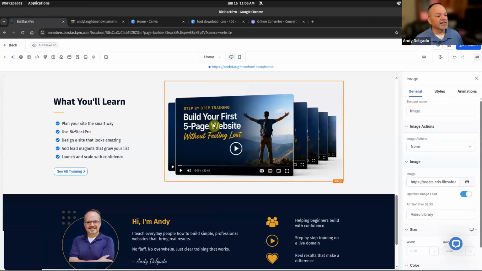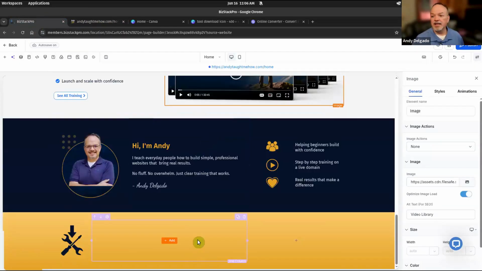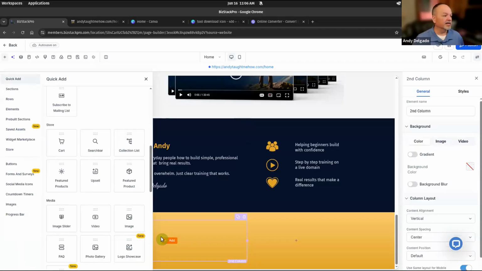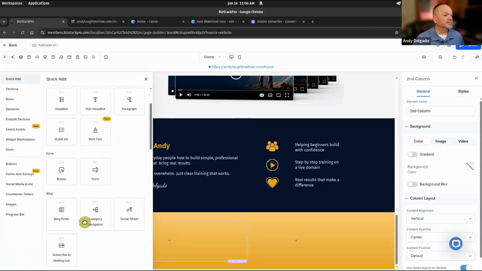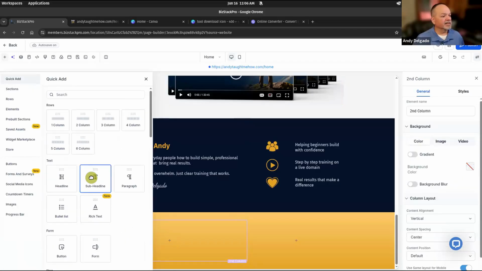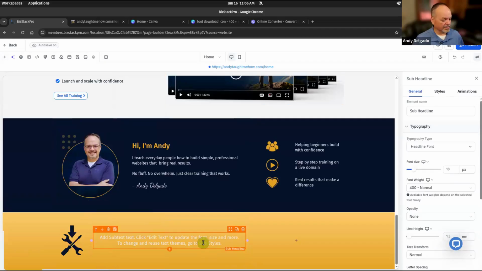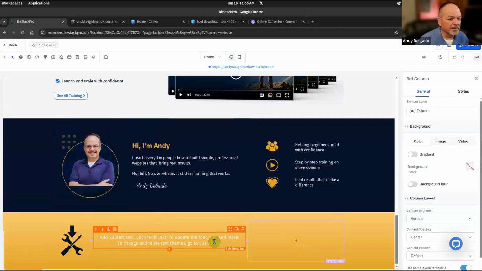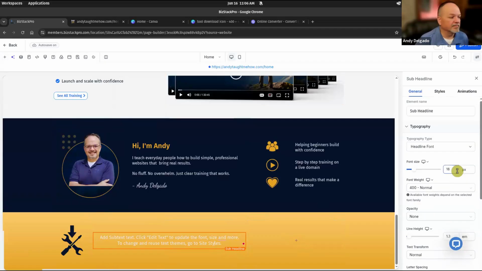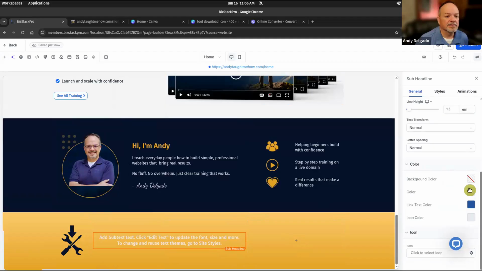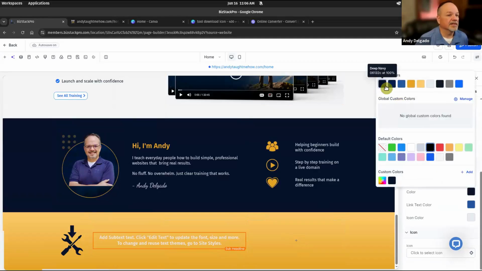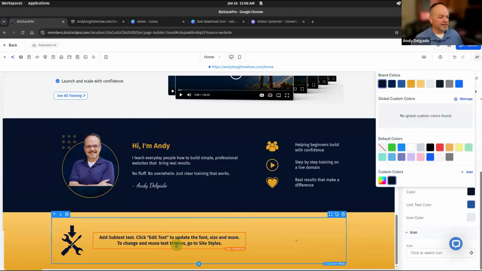All right, let's continue. Way down here, we're going to add a subtitle and then paragraph. Way up here, subheadline. And this is going to be the same. Oh, let's start over. That's going to be pretty good there. We're going to switch this to semi-bold, and we're going to change our color to our dark navy. That looks good. And this says,